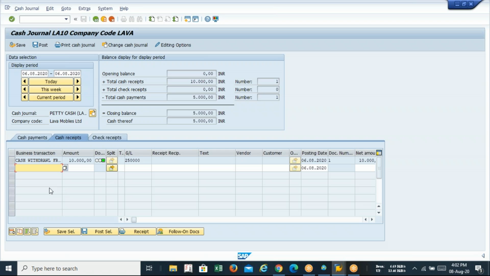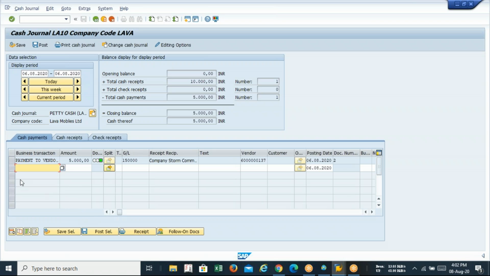Let's take this: at the time of making payment to the vendor, I have taken the wrong vendor. I should have paid some other vendor, but here I have selected this vendor, Strong Communication. If we make this kind of mistake in daily life, how shall we rectify it?